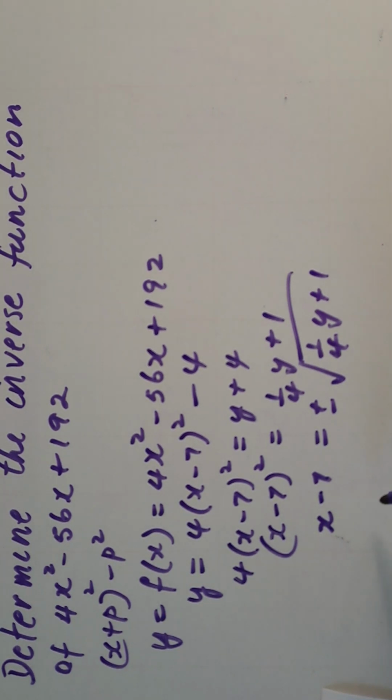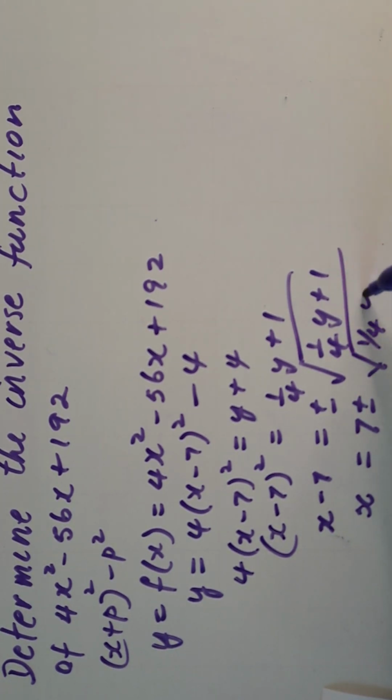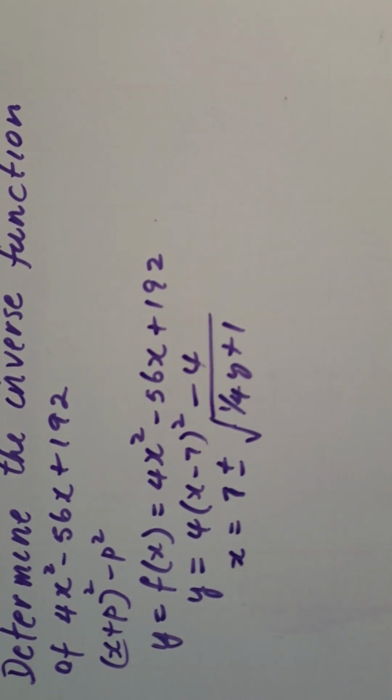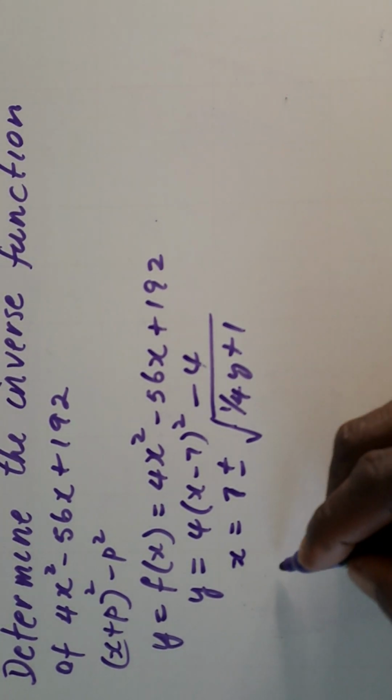And if we arrange just for x, we have 7 plus or minus the square root of a quarter y add 1. Now this is x, and so we have our inverse function,